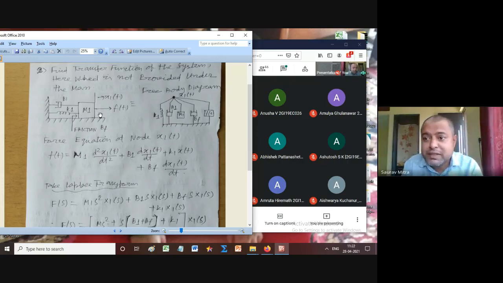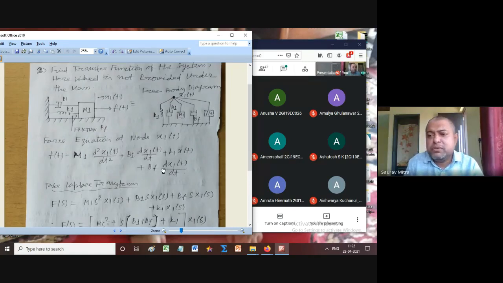Whenever you get this question in the exam, this friction will not be given, and the wheel also will not be given. So you have to clearly mention that no wheel is there. No wheel means this mass is dragged on the ground, and there will be a big friction between the mass's bottom surface and the ground. I am assuming that friction as BF. And now you have to write the same.